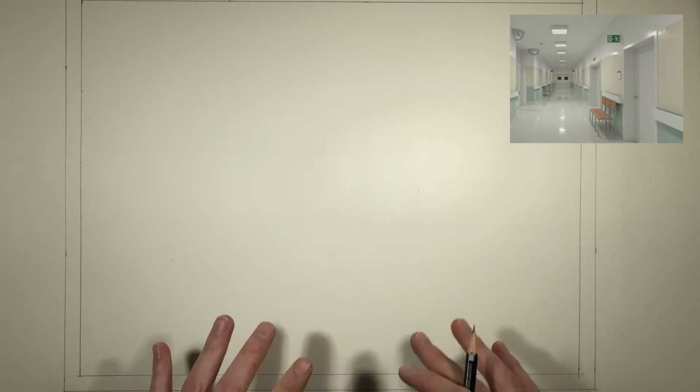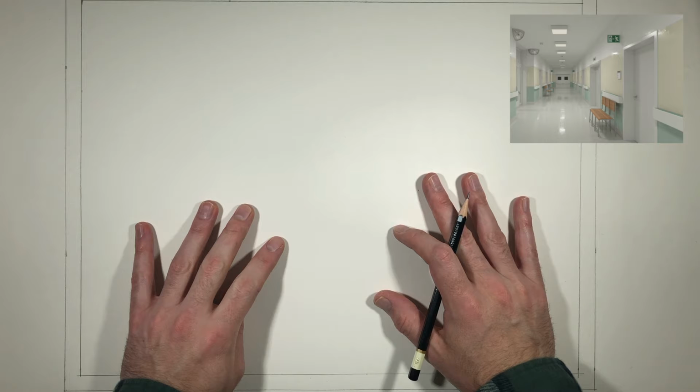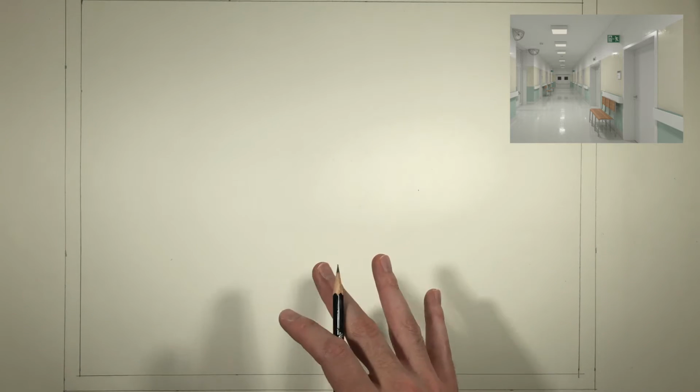So the hardest thing when you're working on a hallway image, you're looking at your source material and you're thinking, oh my goodness, there's so much going on. Where do I even begin? I don't even know how to start a perspective drawing. I mean, Taylor told me some things about perspective, but where do I go? There's so much. So the first thing, strip away the details and think about big